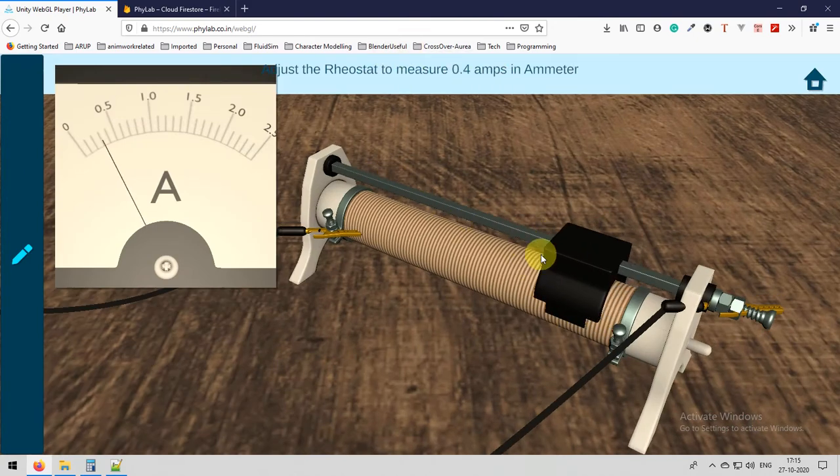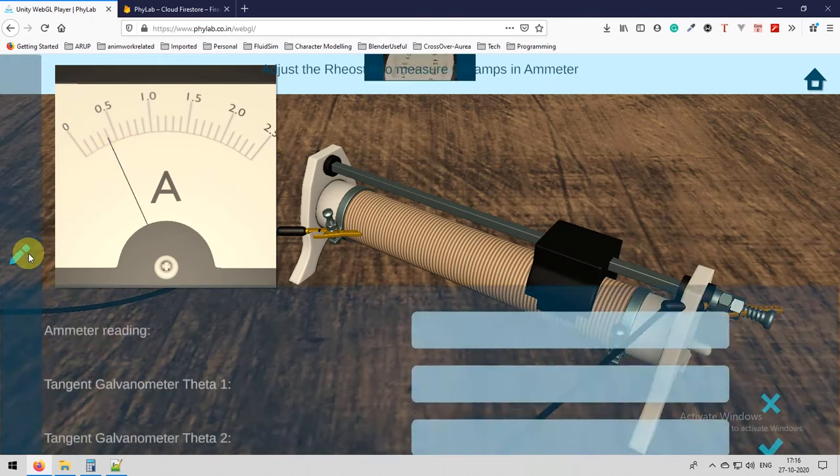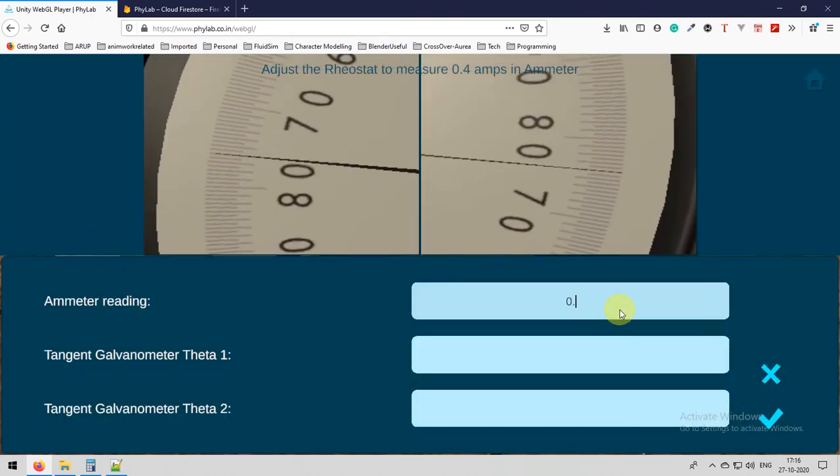Next, change the rheostat so that the ammeter measures 0.4 amps. Again the same procedure we need to do. First we measure the theta 1 value and then the theta 2 value.